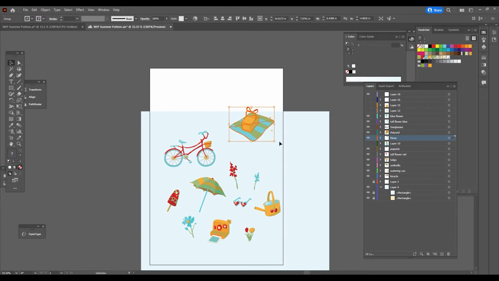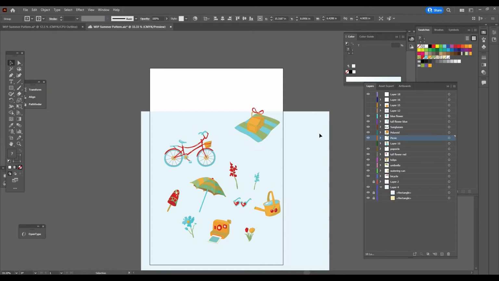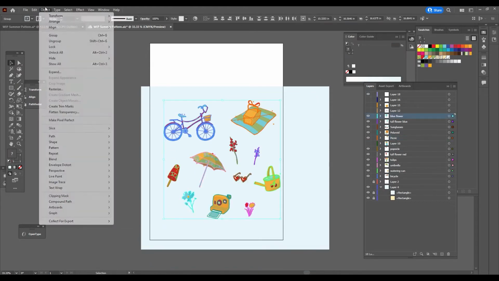individual pieces of art grouped together, so if you move them, you're not messing up your artwork, and you can just hover over it and click Control G or Command G, or you can go up to Object and then Group. Anyway, once you have them all grouped so that you can move each element around without any trouble, then you just want to take your mouse pointer here with the black tool, the selection tool, select all of them, click Object, and then go down to Pattern, Make,